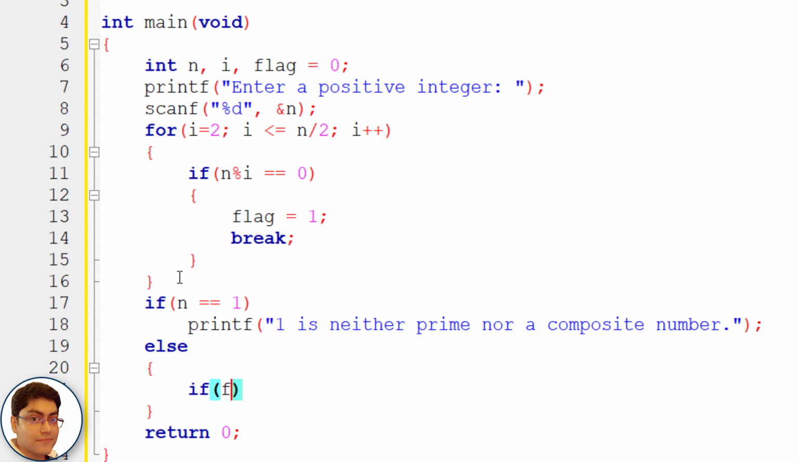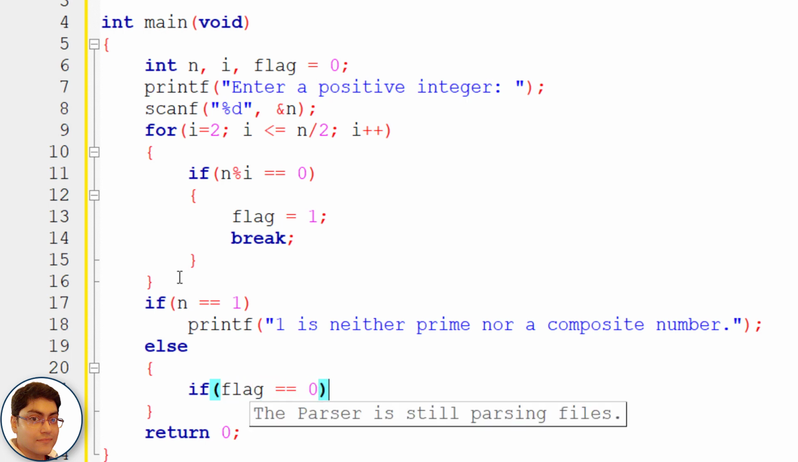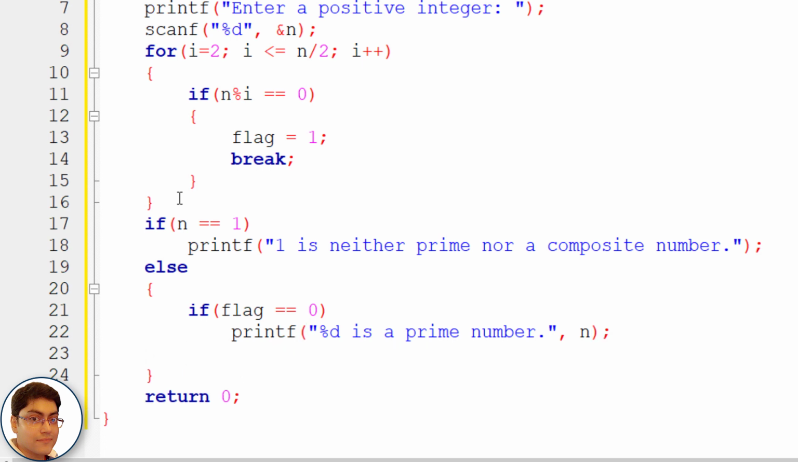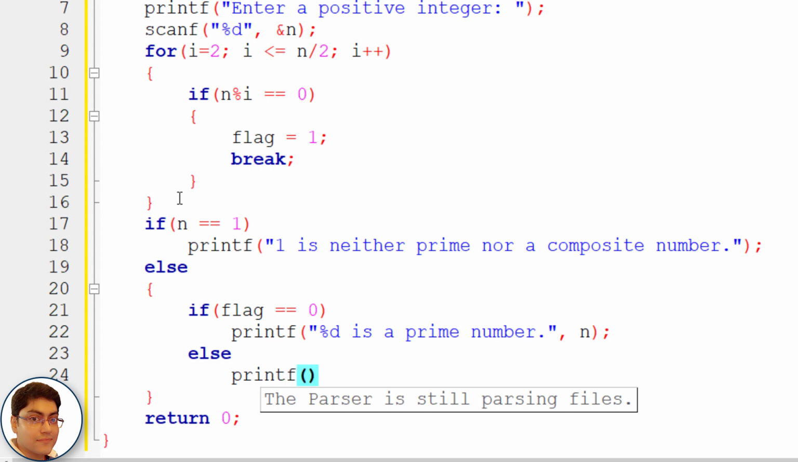If flag == 0, printf("%d is a prime number", n); else printf("%d is not a prime number", n);